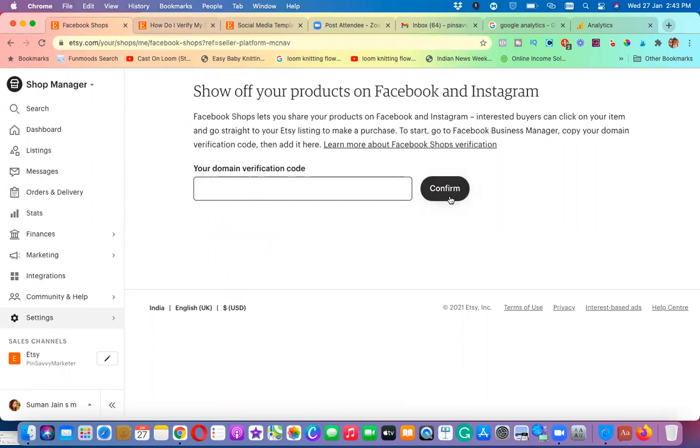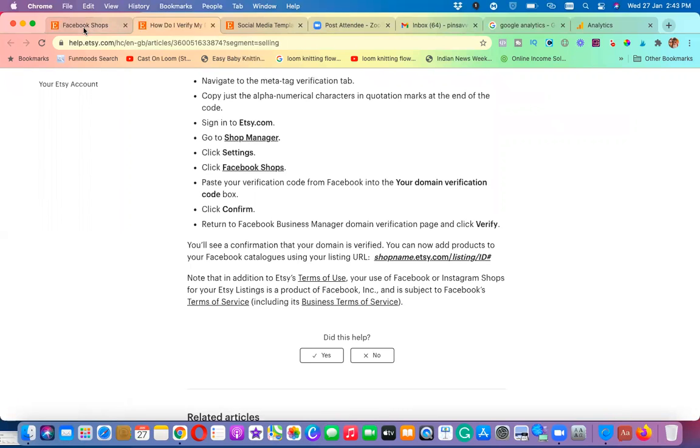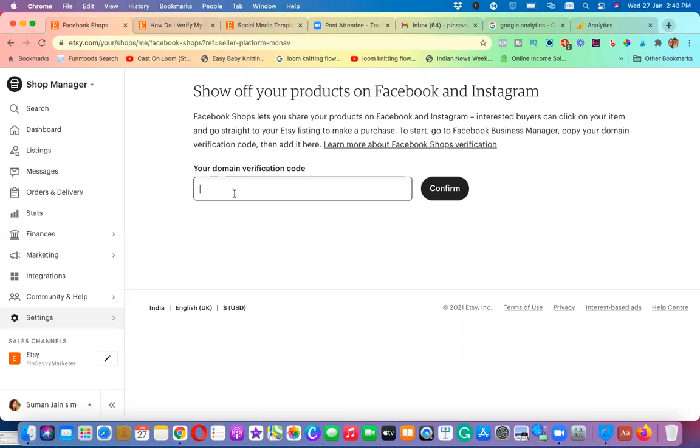Once you confirm it, anything which you are selling on Facebook and Instagram, when they click on that particular item's listing on Facebook, they will directly come to the Etsy store and they can make the purchase. So this is an extra feature which has been enabled so that you get more sales, and you can directly run advertisements on Facebook. If someone buys it, they come directly to your Etsy store. This is one of the best ways of doing it, and with that you will have more success with the advertisements on Facebook or Instagram.